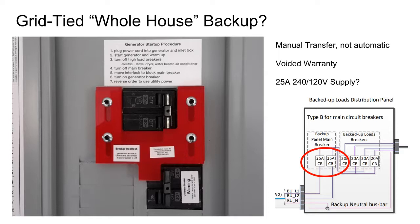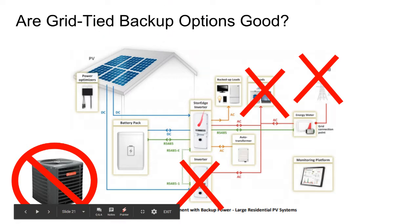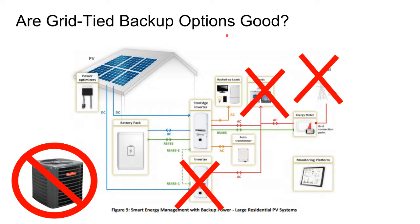For your high-end solar customers who don't know anything about electricity and don't really know about their electric service panels, they may want something that's more automatic than that. And your grid-tied backup does that automatic transfer to your backed up loads. But again, it's not perfect, because if your customer wants not just backed up loads but whole house power, they might say, well, what would happen